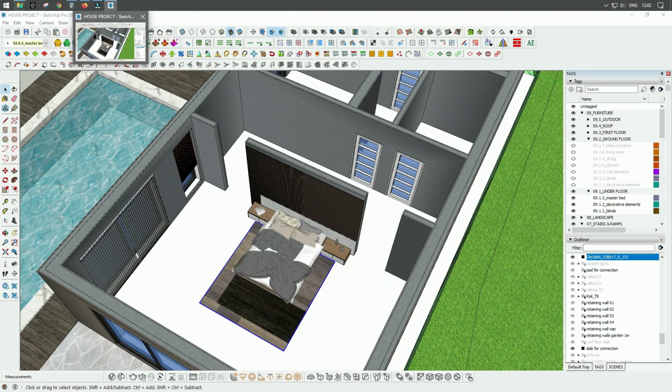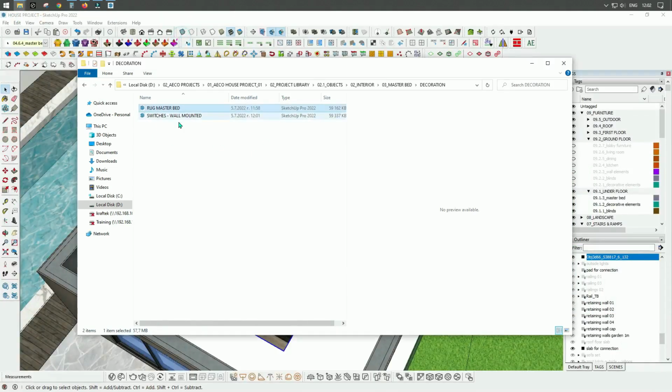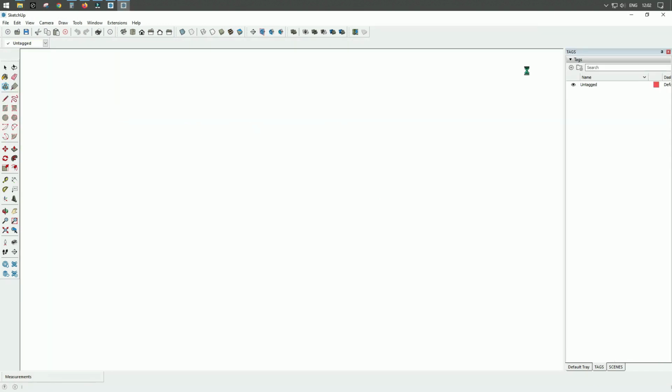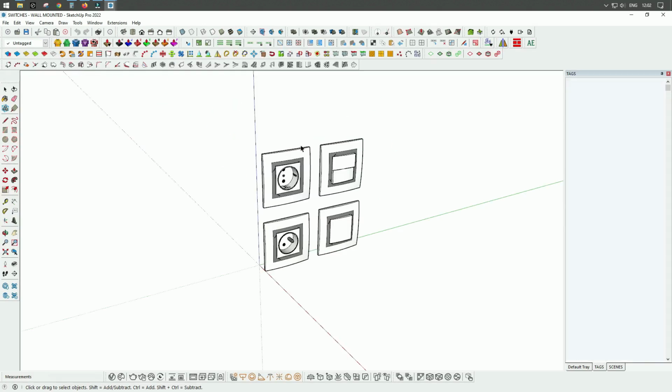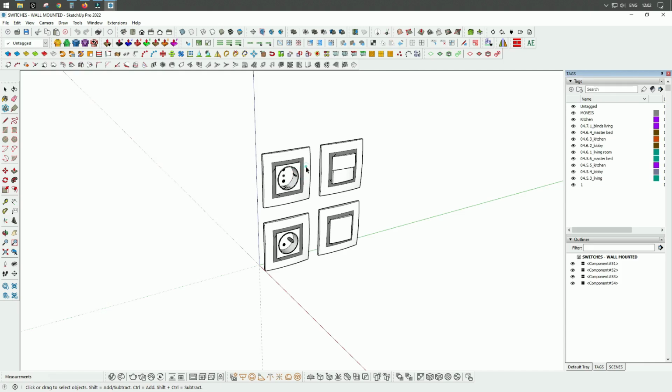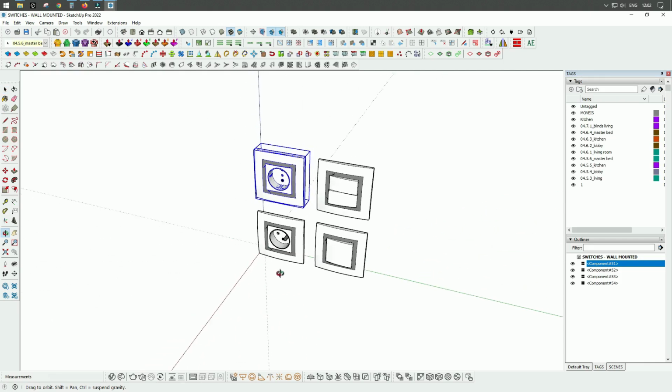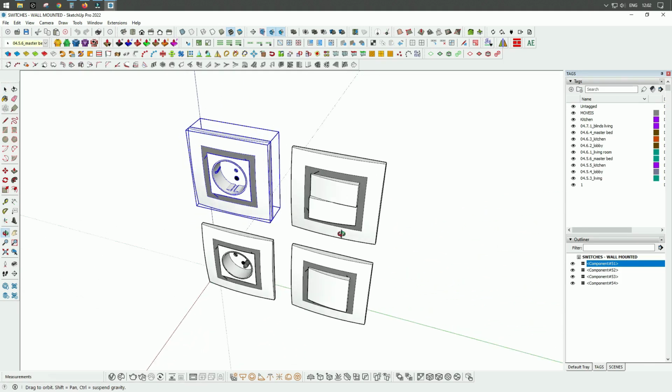This file, I will go to our, we have some switches for the wall, so let's do that at first. I will open it. These are our switches, so I can, as you can see, they should be,